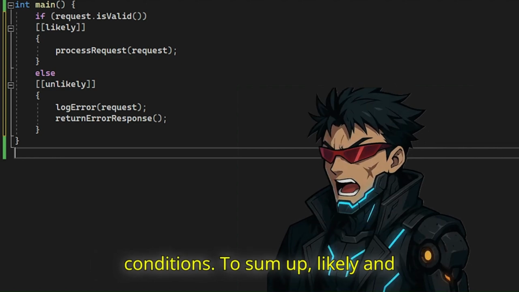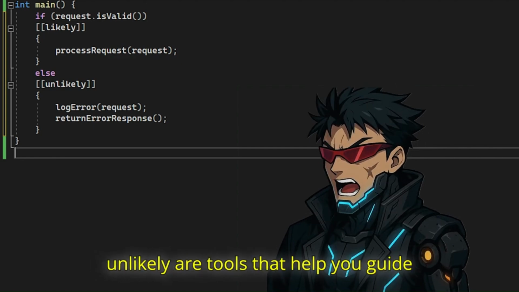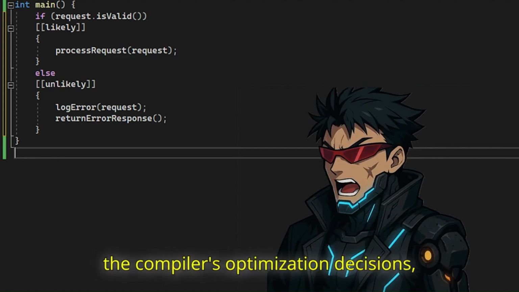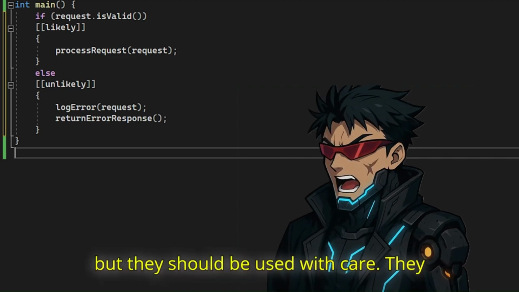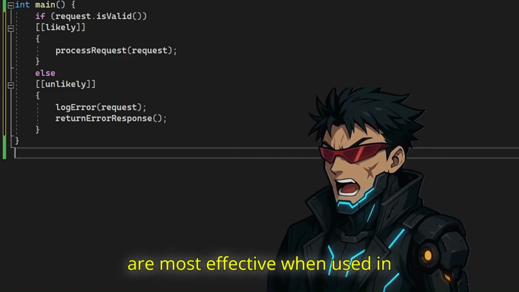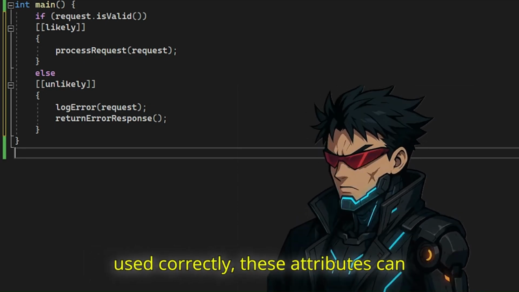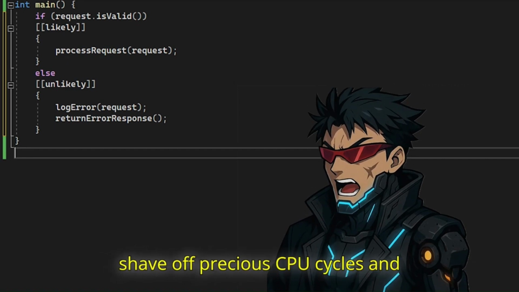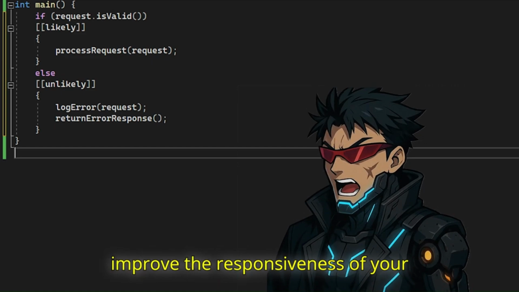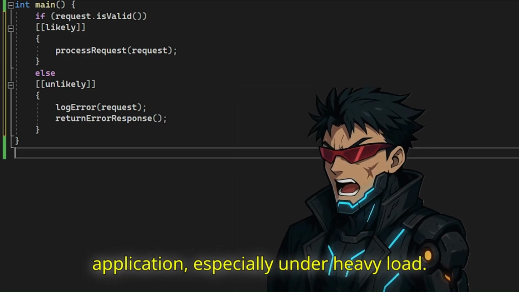To sum up, likely and unlikely are tools that help you guide the compiler's optimization decisions, but they should be used with care. They are most effective when used in performance-critical code where you understand the branching behavior. If used correctly, these attributes can shave off precious CPU cycles and improve the responsiveness of your application, especially under